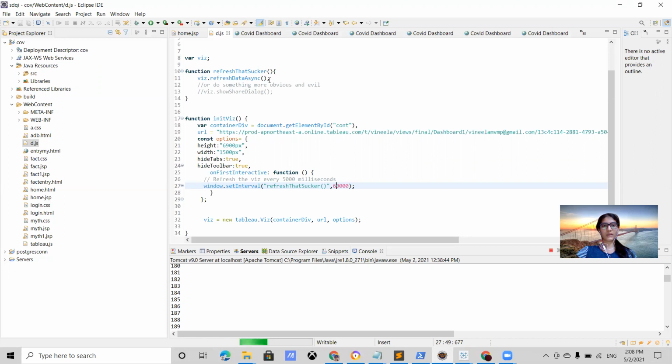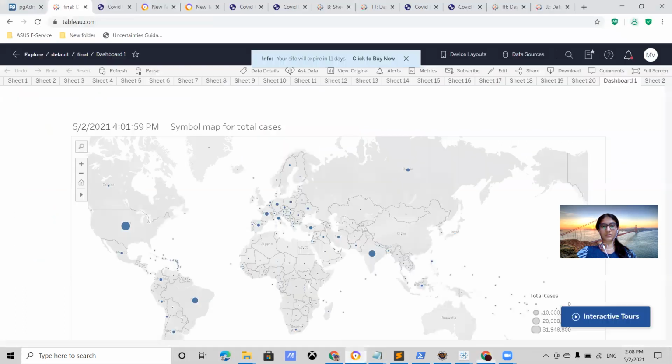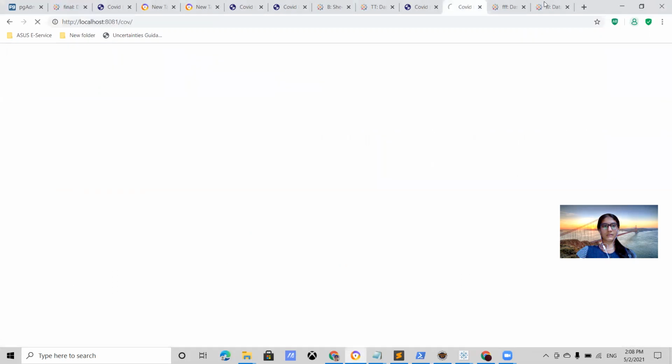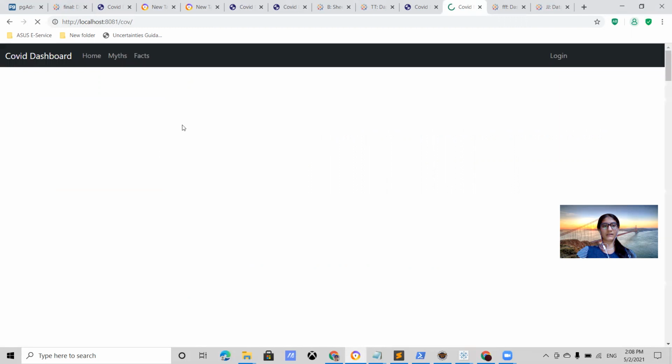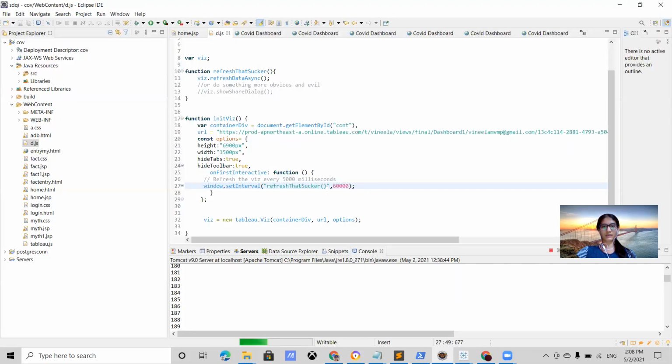So according to this method, we are able to make our data in the website refresh. That means we are able to see that for every 1 minute, our data is refreshed, our data from the data source is refreshed or not. We actually put here the time interval as 1 minute. So we can understand that for every 1 minute, our data in the website gets updated.